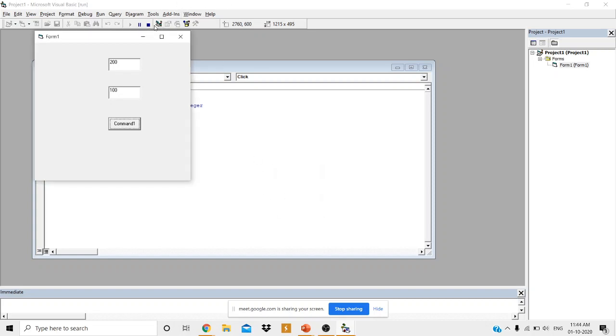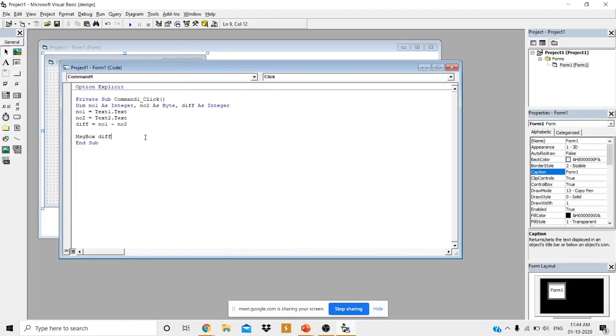Click on OK. End. Now see here, the message box can be used in this manner and in another way. Just observe here, I will declare one more variable, dim a as integer. Okay, in a I will assign a equal to message box diff. So see here, when I run the application, it will give me an error.